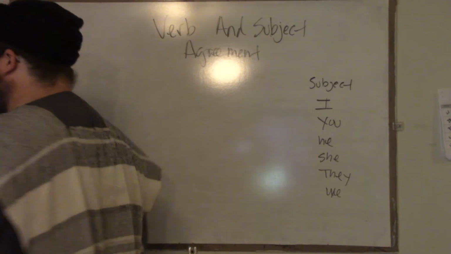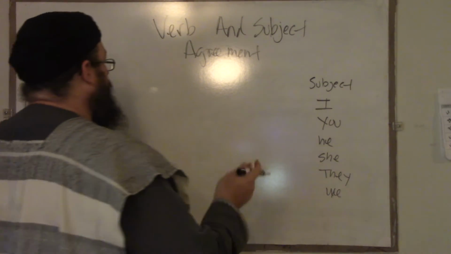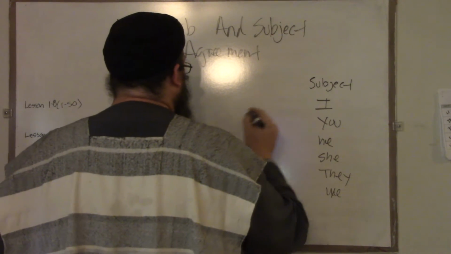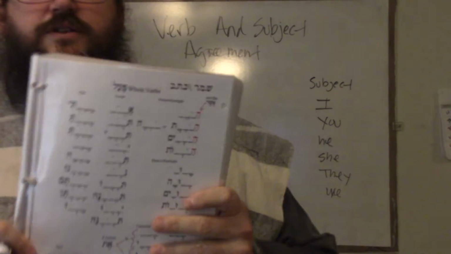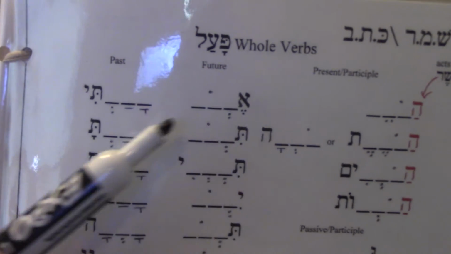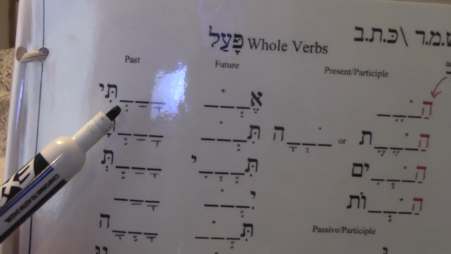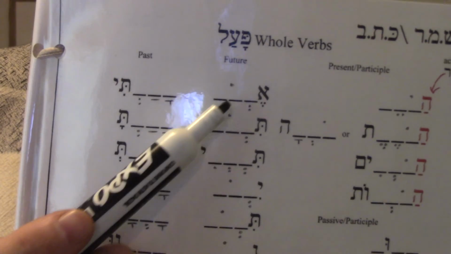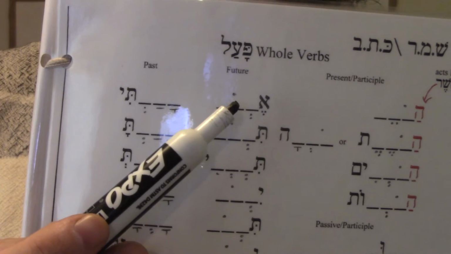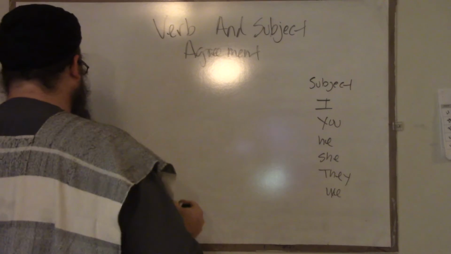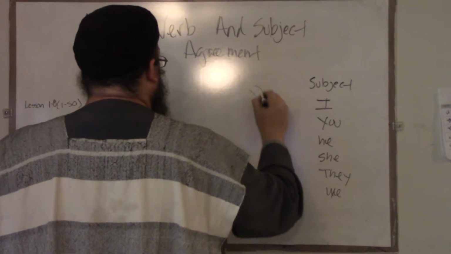So in here, I want you to think about what the subject is. The subject first is going to be, who is it? So if I use the verb chart, let's go back to the verb chart here. If I use the verb chart and I say, okay, I'm going to use I. This is the past tense form, and here's the future form. So we'll write the future and the past tense, and we'll put it on the board. So here, we're going to have the word I. So we're going to say, okay,